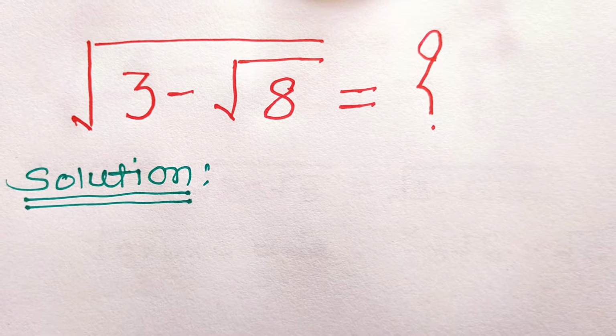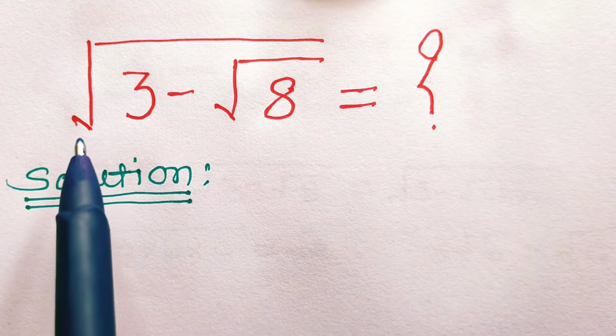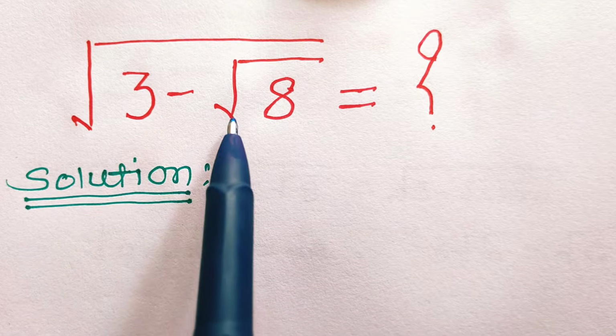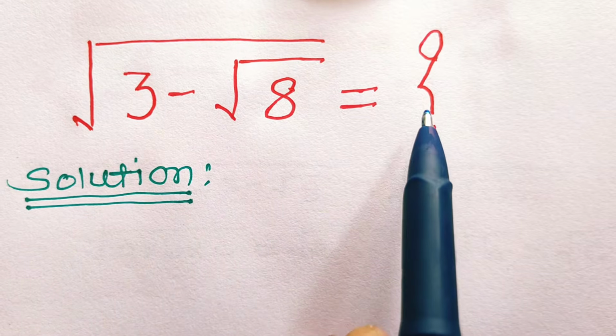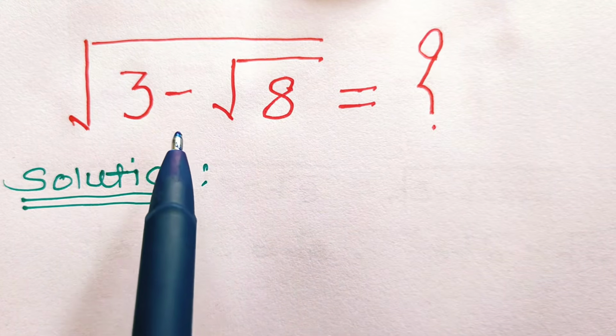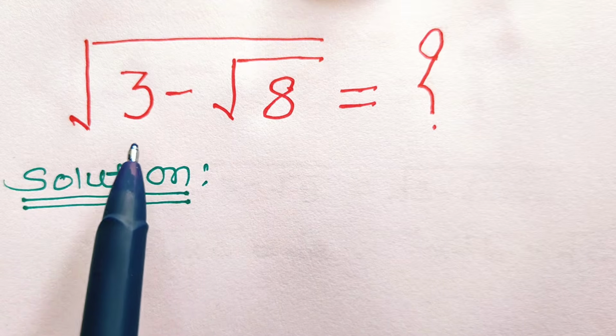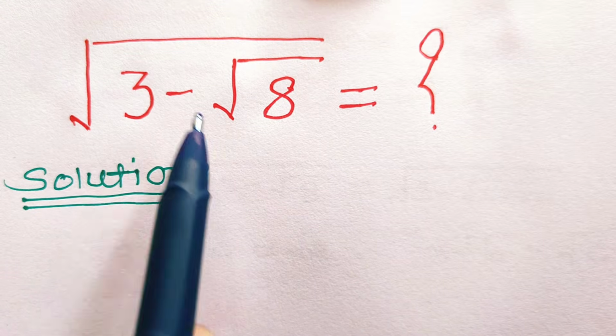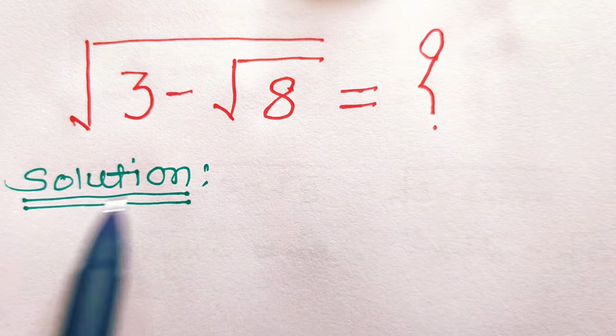Hello everyone, let us solve this sum. Square root of 3 minus square root of 8 is equal to... If we use some trick, then it is easy to get the value of this. Solution for this,